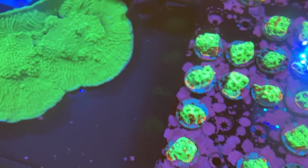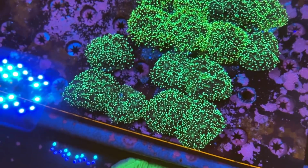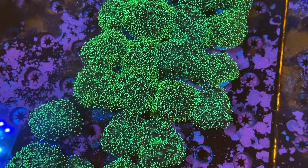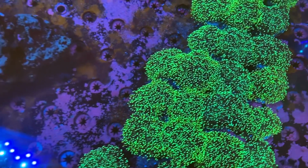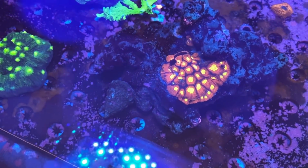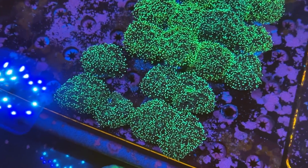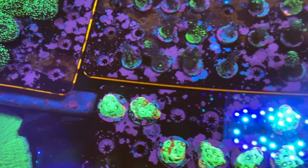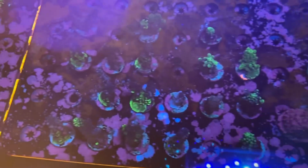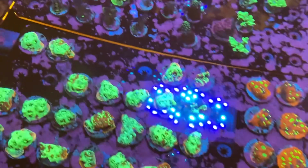The thing that has gone absolutely insane is the Galaxia. The Galaxia has done so well. I've turned all the current off to do this video, and they have all their long tentacles out. The only thing in this tank which didn't fare so well were some of the acros, which is because the lights in here are too low for them really. But generally speaking,